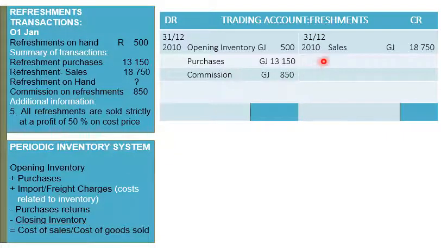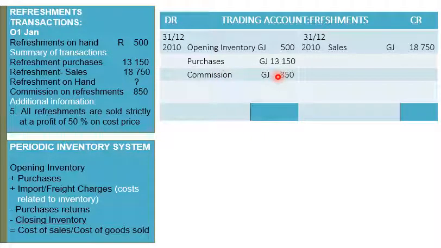On the credit side of our trading account, we will reflect the sales of refreshments, the amount given, 18,750. On the debit side, we will bring the following items. We will take the opening inventory and show it on the debit side. Purchases on the debit side 13,150, less returns if we were given returns. Commission paid on the sale of refreshments, also on the debit side,